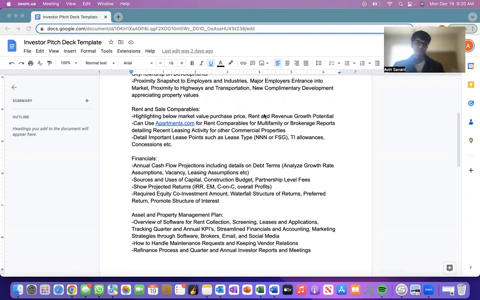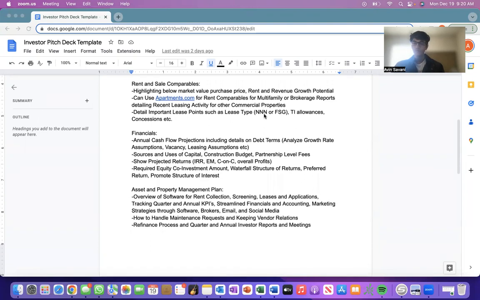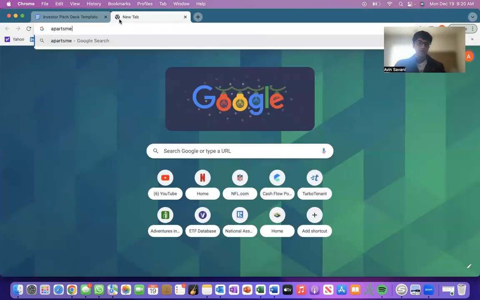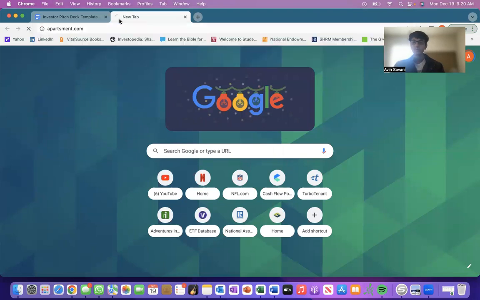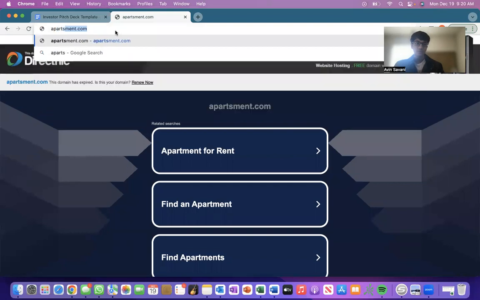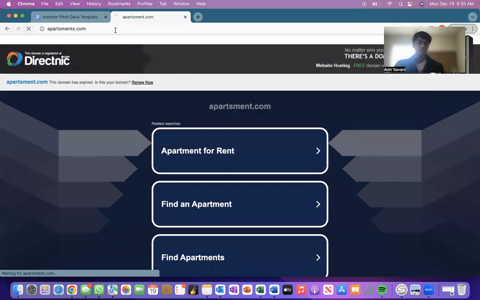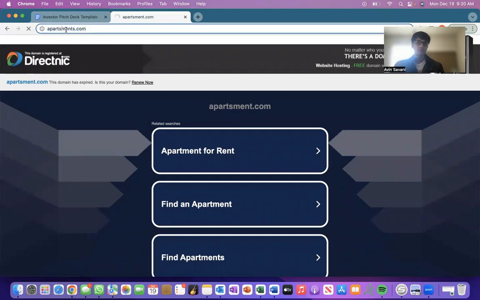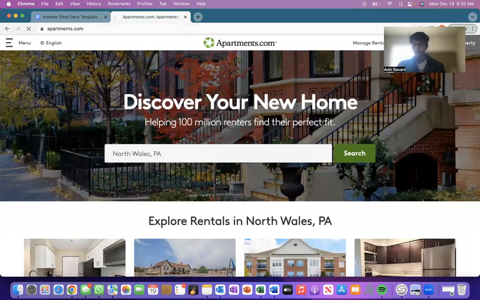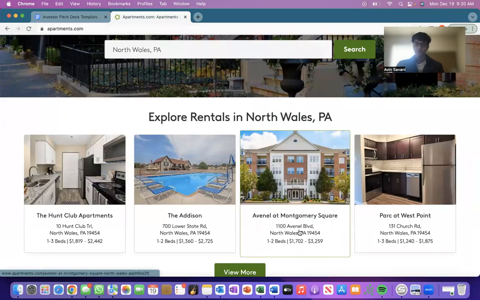So yeah. And then obviously I mentioned apartments.com. Great site. They have a lot of good data. I'll show you guys the things that they do, I would say it's really informative. That's not it. Apartments.com. I spelled apartments wrong, didn't I? Apartments. All right. So they do a good job of providing a lot of good data.